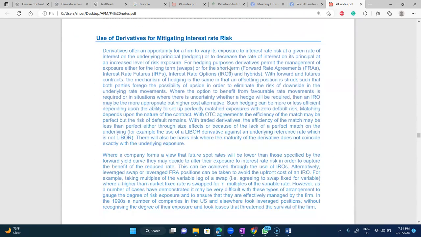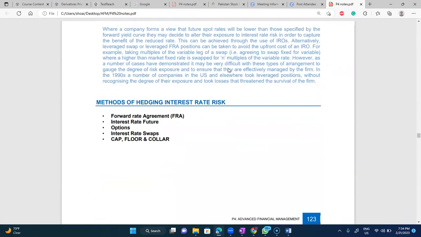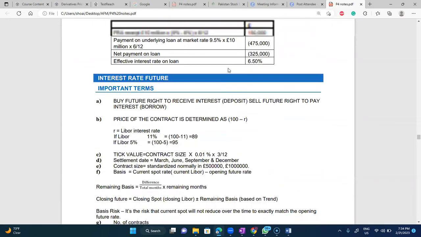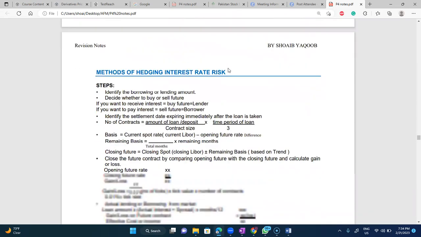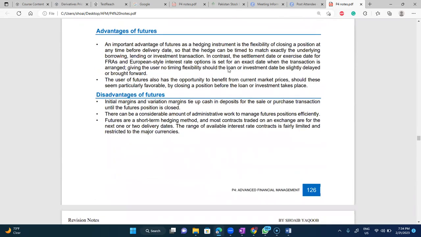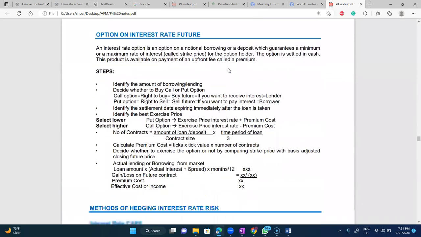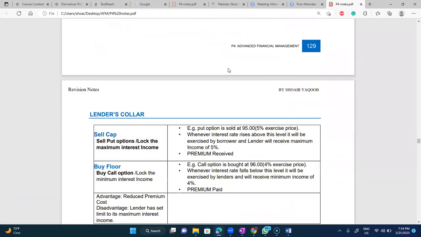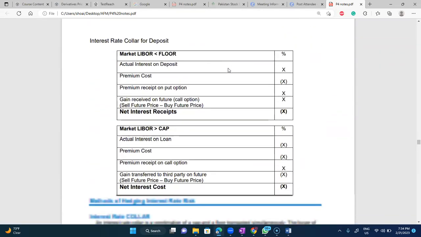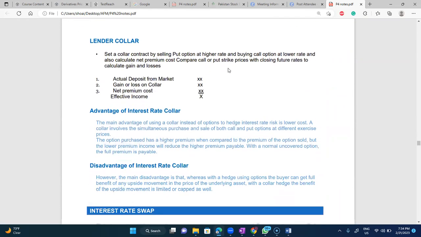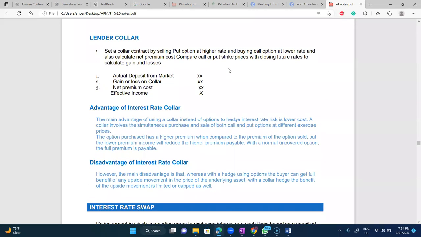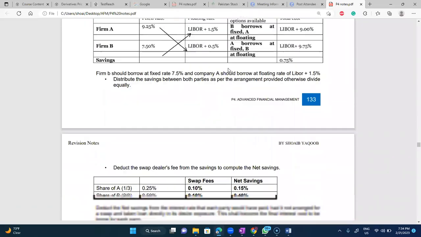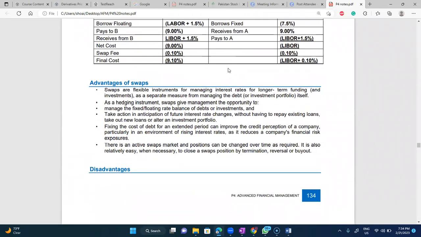Then they say interest rate management. In interest rate management, you should know the comparison. You should know what is forward rate agreement, and you should know the future, advantage and disadvantage of future, options, collar. This is collar, by the way. Advantage of collar and disadvantage of collar, interest rate swaps, and the most famous and the most favorable topic of